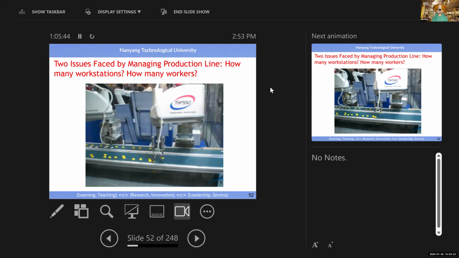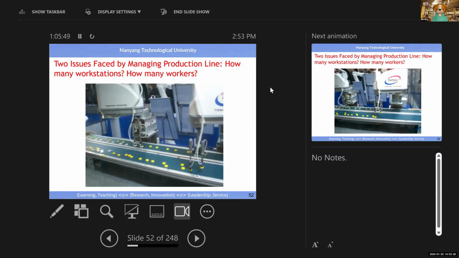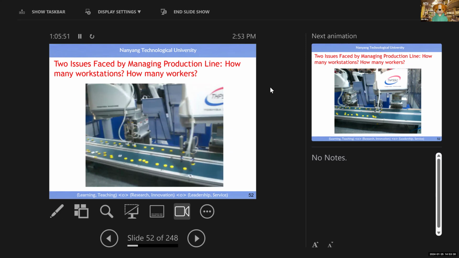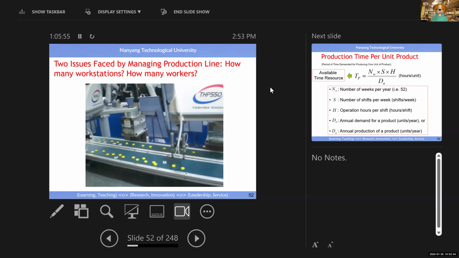So here you see you have two robots. Eventually, their performance value cannot be exactly the same. This is one thing from a different part, another thing